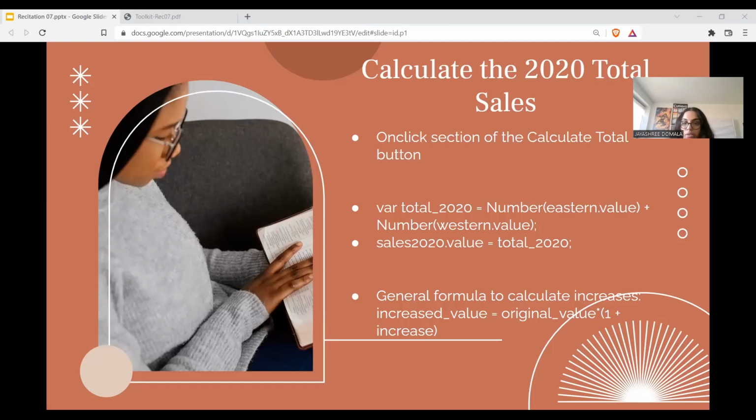This is how we can get the value. So that is what we've done in the first sentence. We have taken both the values and we have added them. Then the next statement just assigns the total calculated value to the value property of the total sales for 2020 text box. So what it essentially does is it pushes the result onto the 2020